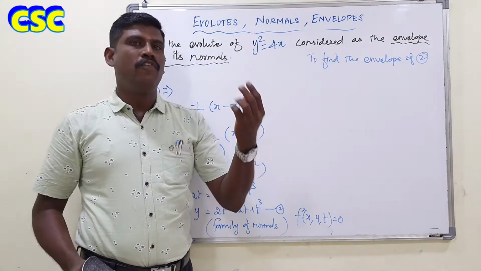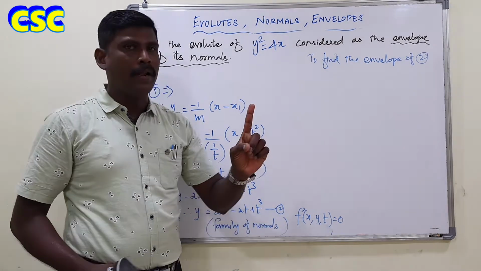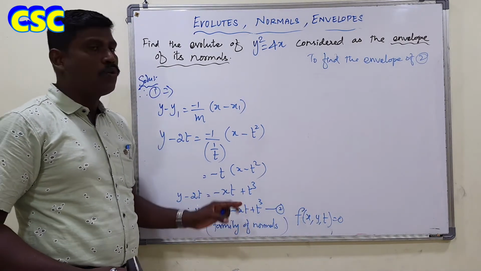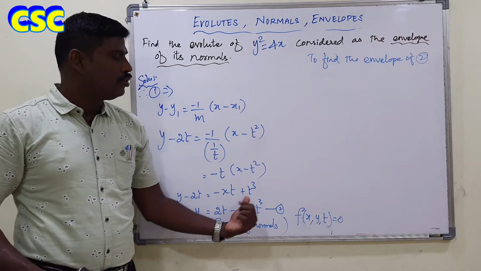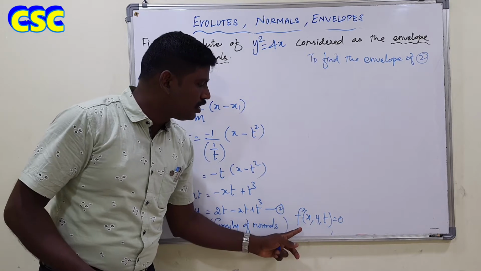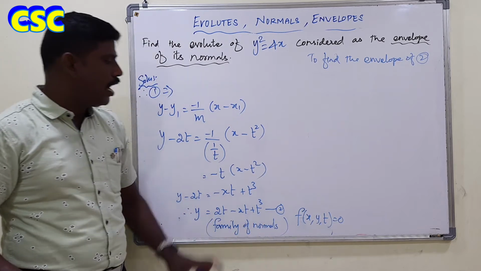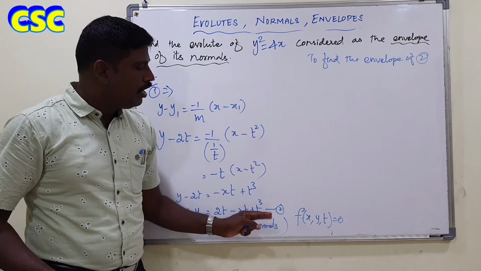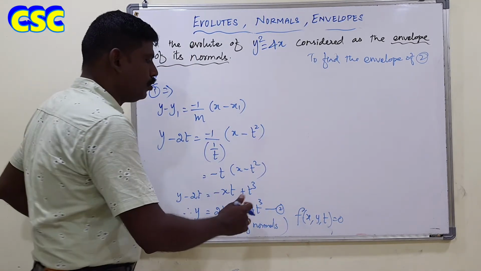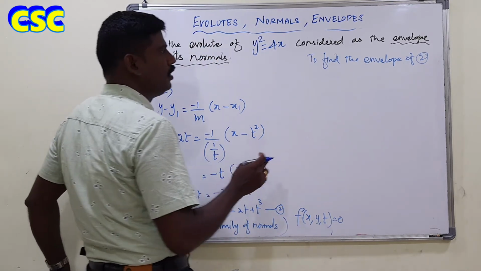There are 4 methods involved in finding the envelope of the given curve, isn't it? Here there is only one parameter, so it is based on method 1 or method 2. This curve cannot be written as a quadratic equation in terms of t, so method 1 is not applicable. What is method 2? Taking the partial derivative with respect to the given parameter t, you get another equation. Eliminating t between 2 and 3, you get the envelope of 2. Now I am going to find the envelope by method 2 for this equation 2.